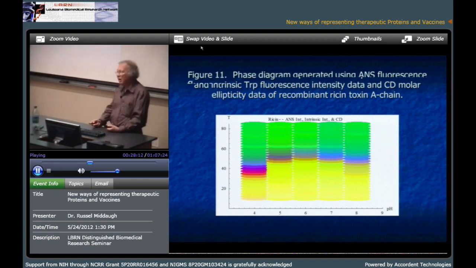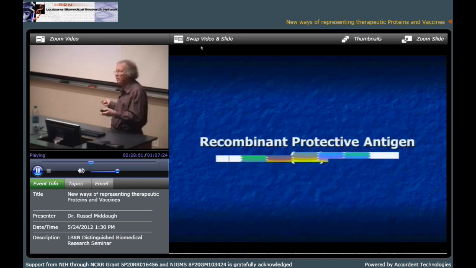And here's a phase diagram now made from all of those measurements that I just described, an empirical phase diagram. If you remember back, it looks very much like the phase diagram from the second derivative method, but of course it's much more information rich. And we've got this graduated area in here, and these correspond to the molten globule states. The reason you see this is because you see changes in tertiary structure before you see changes in secondary structure. So the tertiary structure starts to change here, and gradually, and then when the secondary structure changes, you get another change in color right here. And in this region, you have these states, which, as also shown in the phase diagram, highly aggregate.